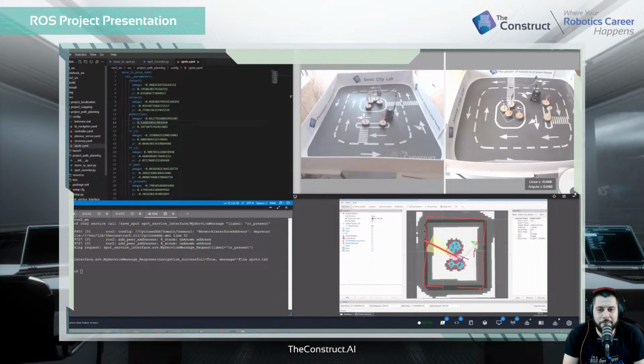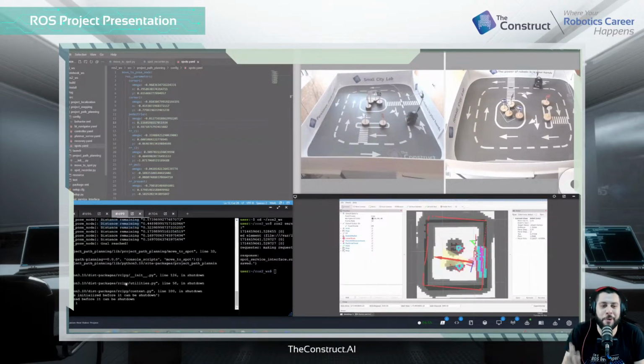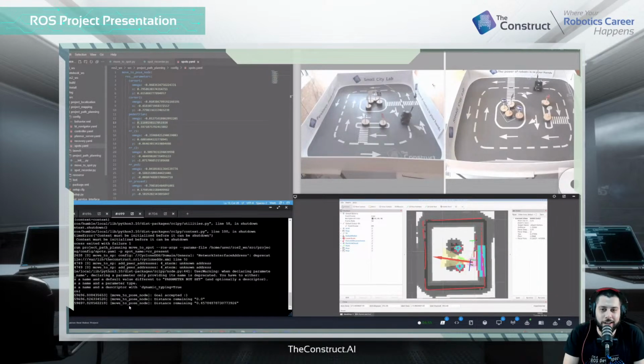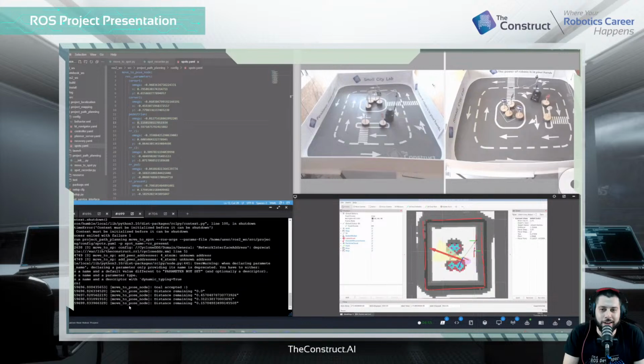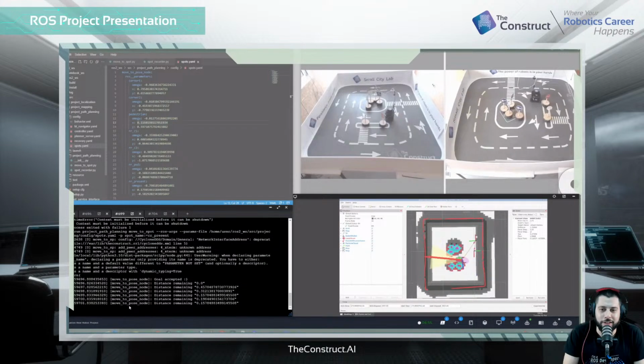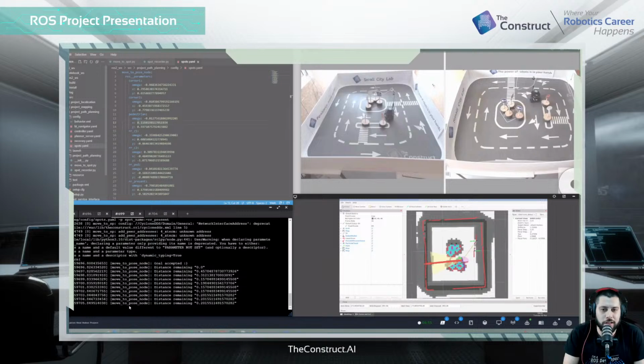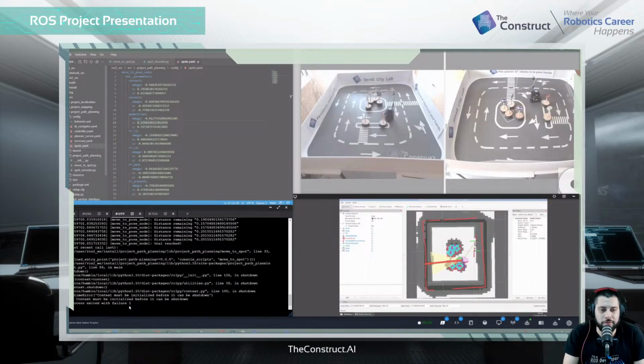move to another spot. I mean, it's not going to be amazing, but it's a new point that we can send it to. That's basically the project. It's within a certain tolerance. So the other thing I had to do down here on this